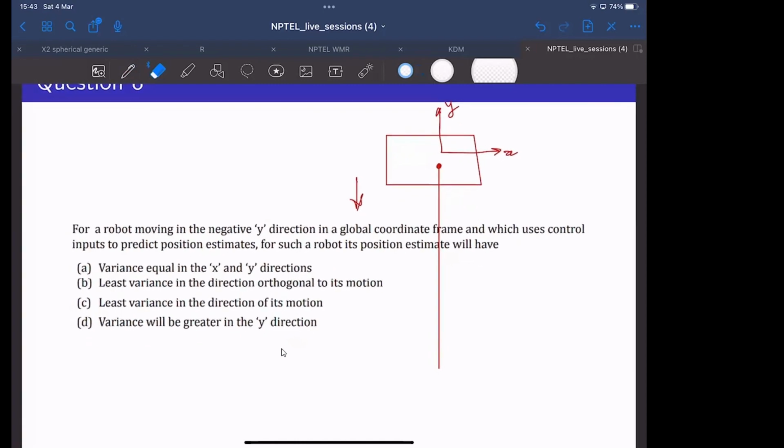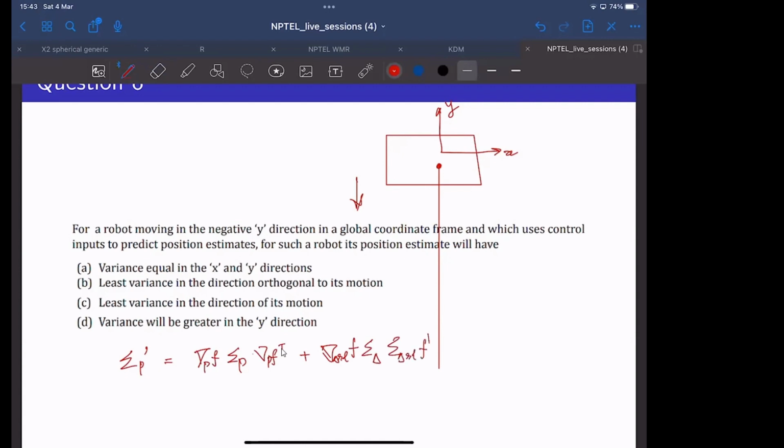So if you can recall, the variance propagation law is defined as sigma p prime. The variation of the new state, the new update, would be the Jacobian matrix, delta RLF, sigma. I hope you are familiar with this error propagation law,